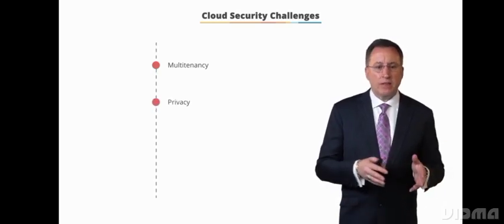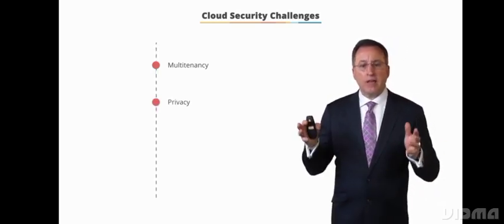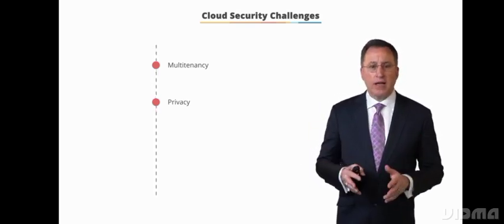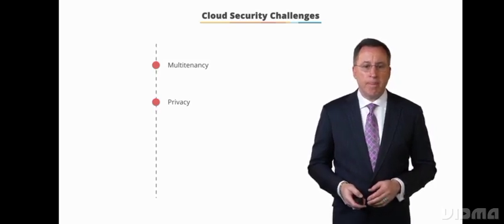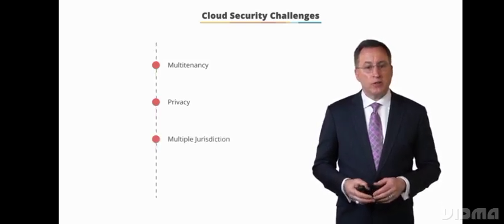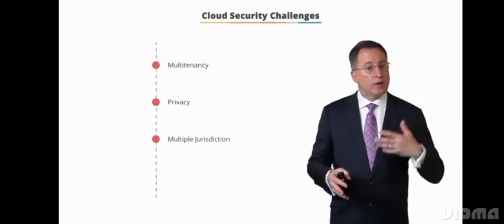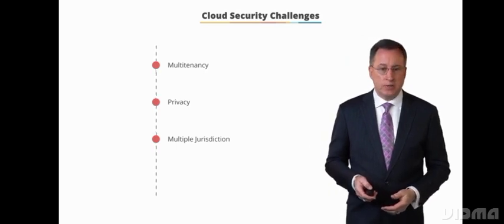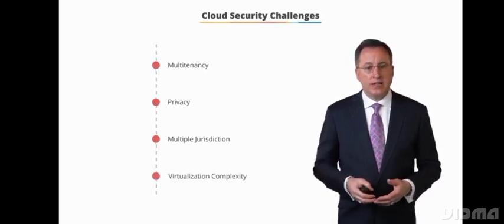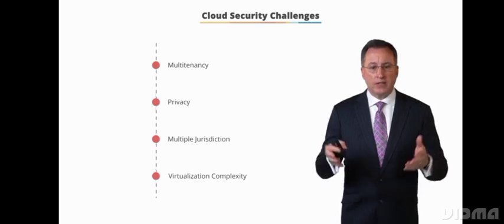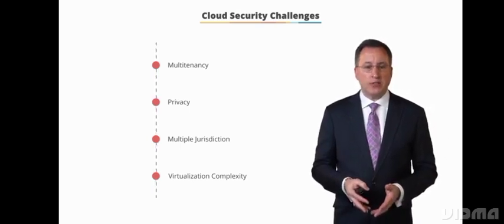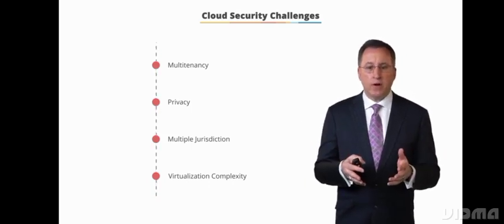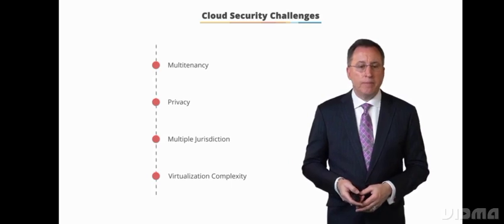Privacy, the foremost issues in cloud data security include data privacy, data protection, data availability, data location, and secure transmission. Multiple jurisdiction, jurisdiction over another country or territory. Depending on where that data goes and resides, it may have a jurisdiction issue. Virtualization has its own fair share of problems, such as the complexity of troubleshooting applications and system performance, and also provides low visibility into business transaction flow, which could lead to disruption of key business processes.